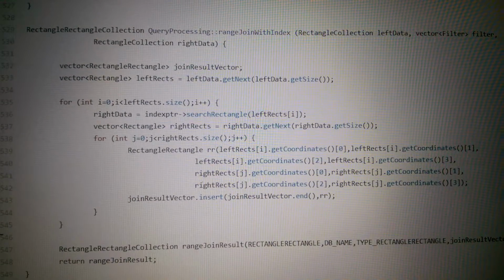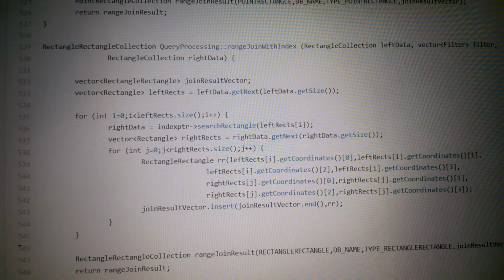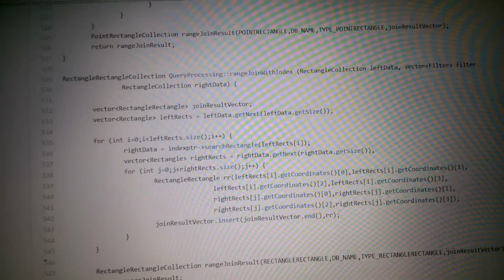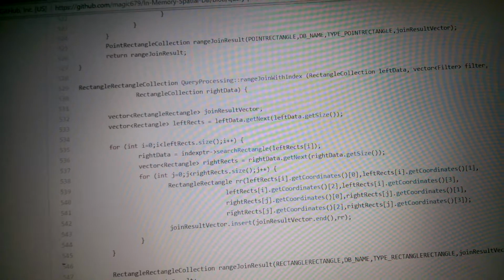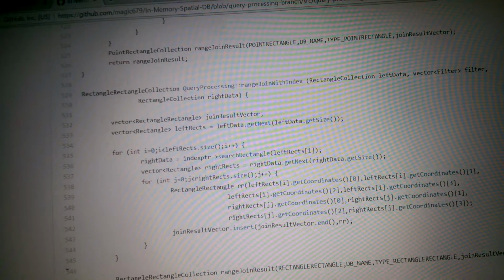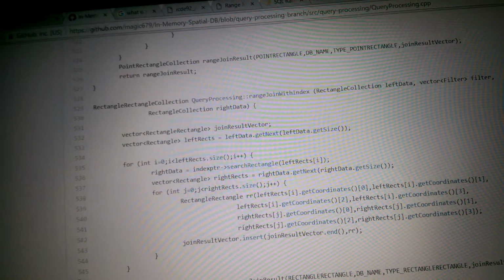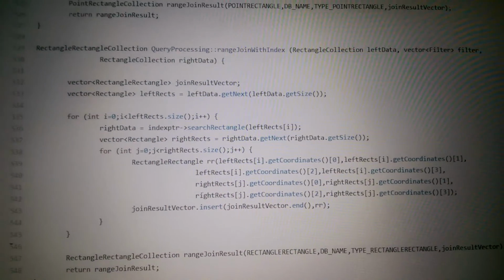We have implemented range join with index, where it takes the two rectangle collections, and the output is the rectangle collection. Here we can see that we have taken a rectangle from the left data, and we are trying to find the index. Using the index, we are trying to find what are the different rectangles which are in the range of this particular rectangle.